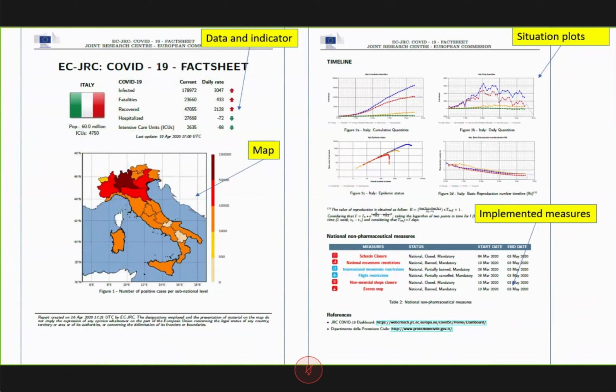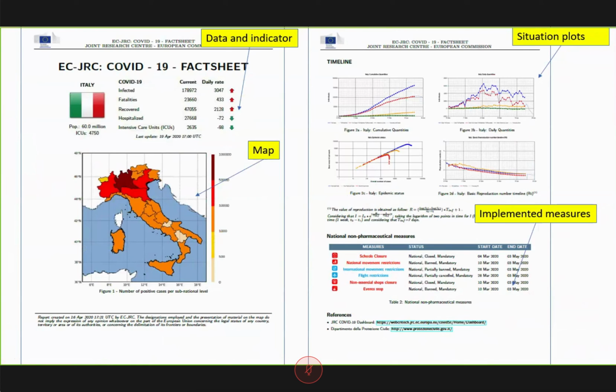The last thing I want to show is that we are also going to develop these fact sheets. Fact sheets are, let's say, 2 pages document, PDF document, one for each country, in which, in a quite comprehensive and compact way, we want to show the status of the epidemic. And we do this reporting general numbers from the epidemic and the trend, together with a heat map of where the cases, most of the cases are, with a timeline of the cases in various formats,